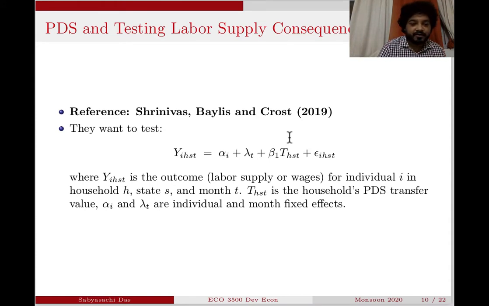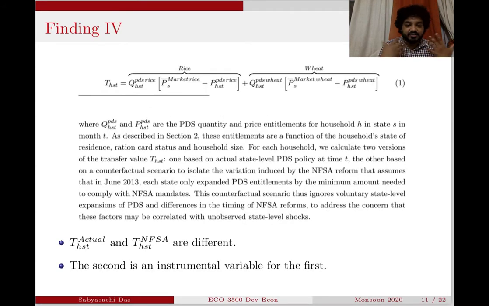Now, how does that help us get an instrument? So why are we talking about instrumental variable here? Because of the following thing. What they're going to do is first calculate the total value of subsidy that the individuals are receiving. So this value of subsidy, as you can imagine, say for rice, that's the first term. So it's the quantity stipulated by the state government, right? So that's the PDS rice that's stipulated, multiplied by the difference between the market price